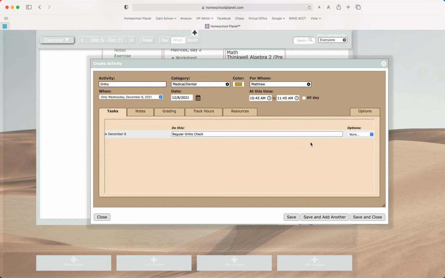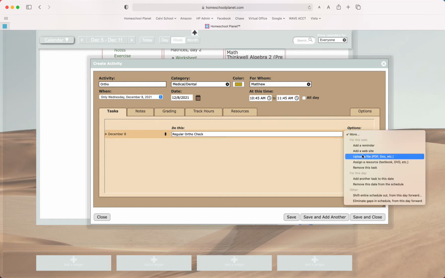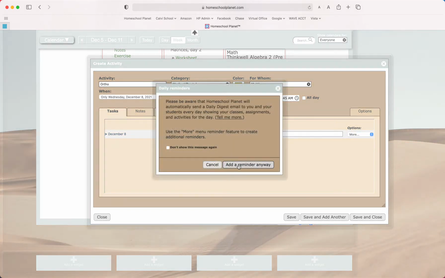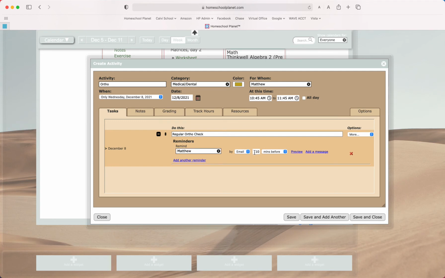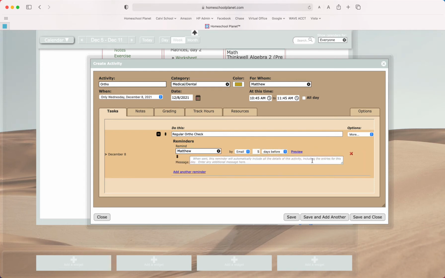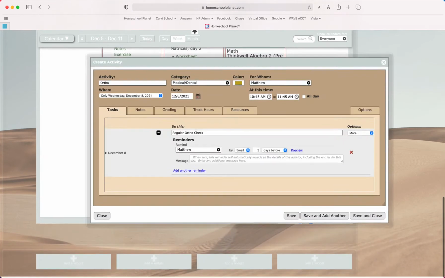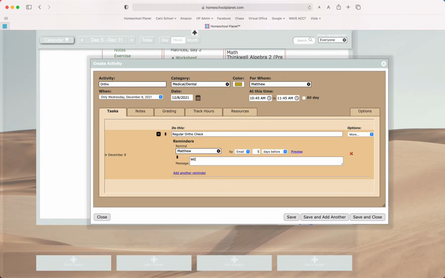Then I want to make sure he's ready, so I'm going to give him 5 days notice to wear his bands a little more often maybe. He thinks he can pull it off in the last few days, so we're not going to debate that here. But so 5 days before, I'm going to add a message that says wear in all caps your bands. Then I'm going to add so that will be emailed to him at his email address 5 days before his